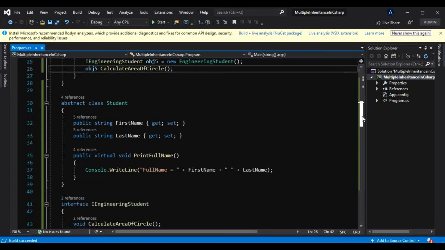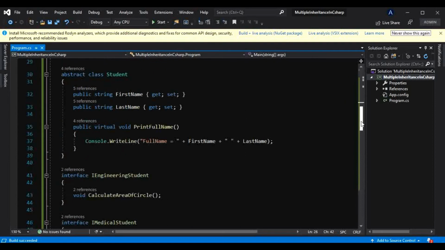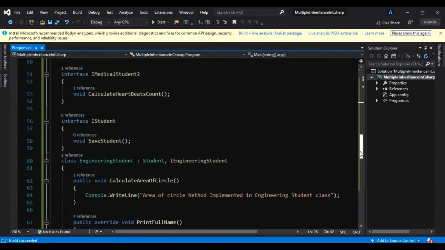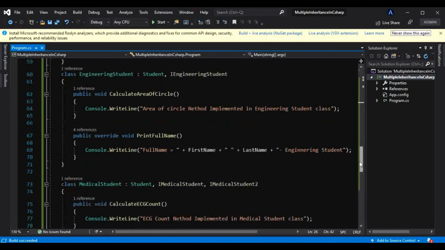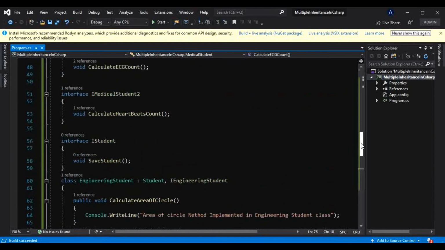Now let's try to implement multiple inheritance through classes. Let's consider that this would not have been an interface, but a class instead.